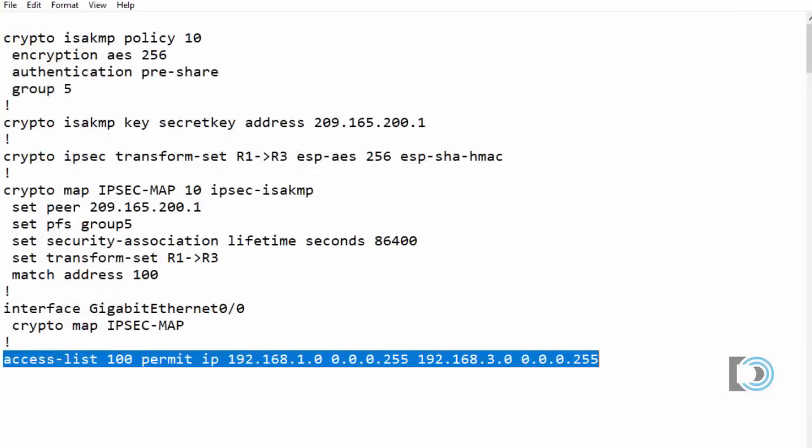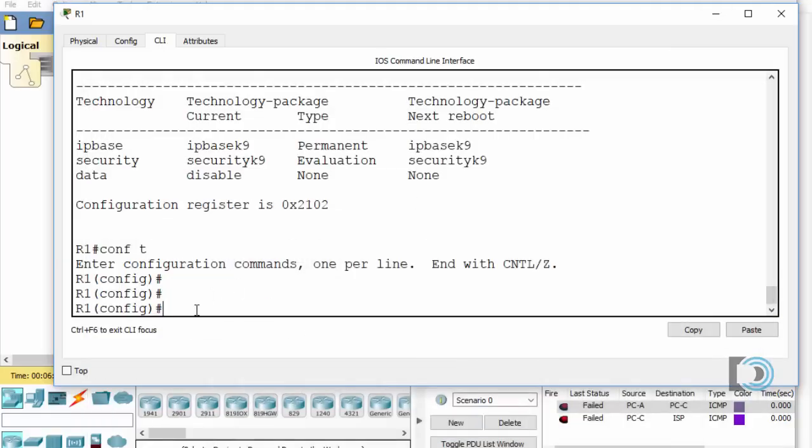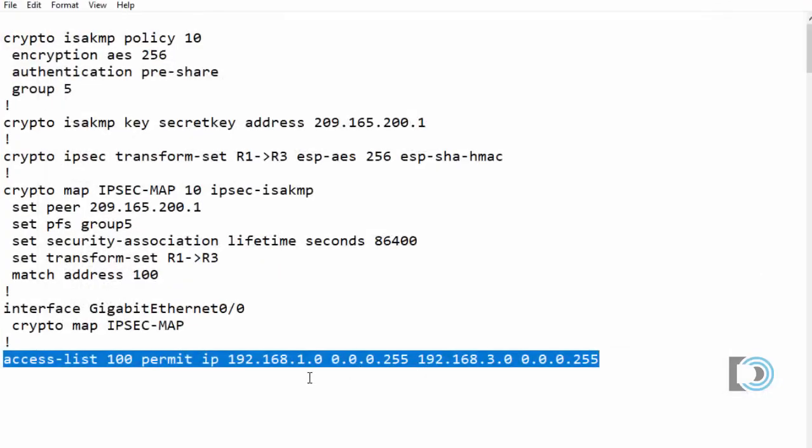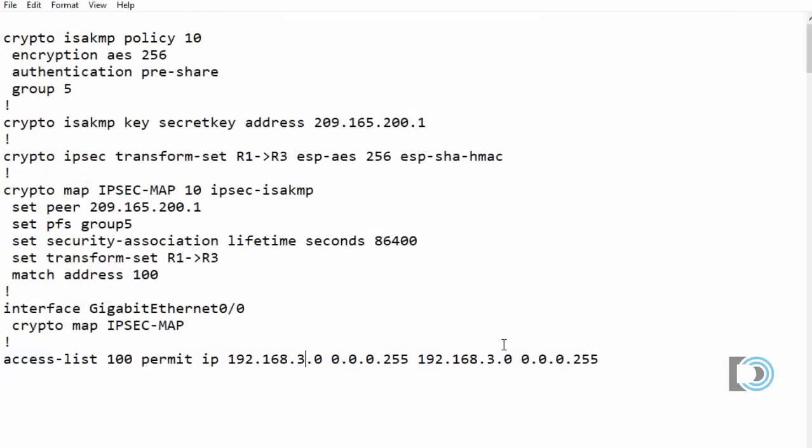I'll just copy that, and I'll paste it in right here. Access list 100 permit IP from the 1 network, that's the LAN on the left side, to the 3 network, which is the LAN on the right side on R3. So there's my access list 100. Now I'll go back into my notes here, switch these around, 3 and 1, so from the 3 network to the 1 network, and then I'll just copy and paste that in